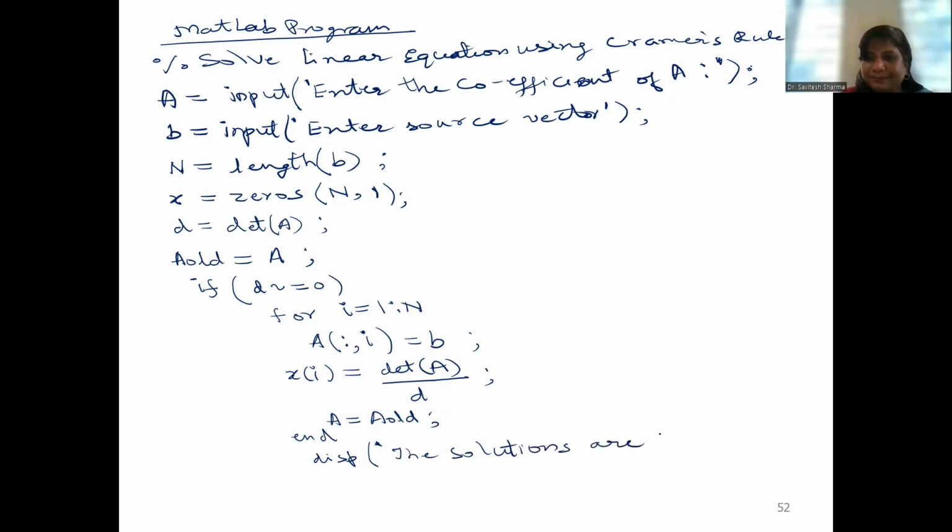are, because you will get x1, x2, x3, three values. That is why I am writing the solutions are, and then it will display the value x. Okay. So once this output is displayed on the screen, you have to write the